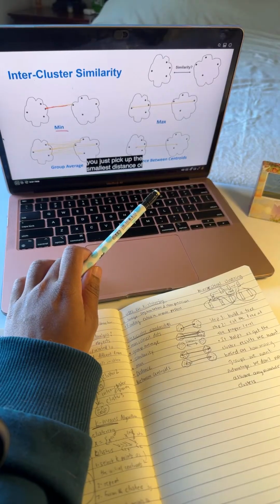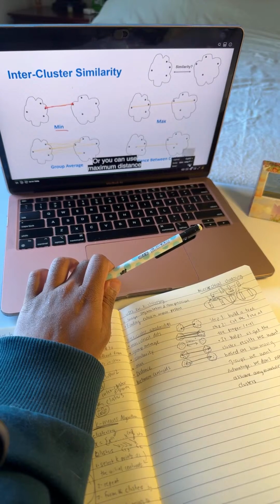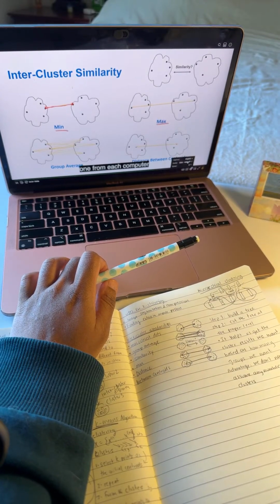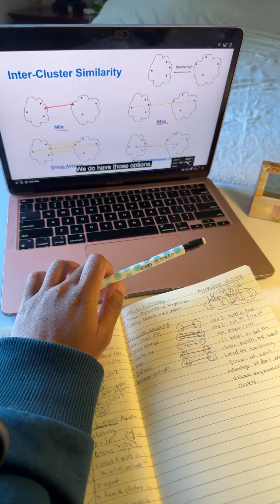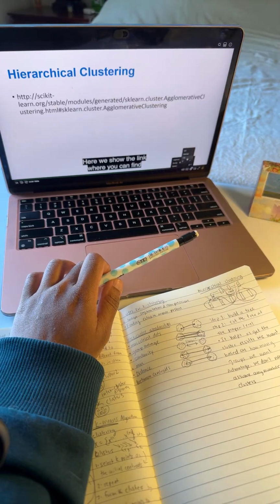Each group, you just pick up the smallest distance of the two data items from each. Or you can use the maximum distance of the two data items from each. You can also capture the aggregate of the two data items from each, then you compute the average. Or you just compute the center from each group and use this distance. So we don't have this option. No one is the best. You can apply it to this one. Okay, so here we show the link where you can find this code of hierarchical clustering from second